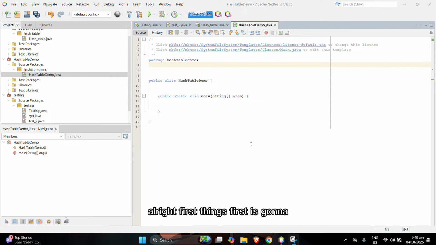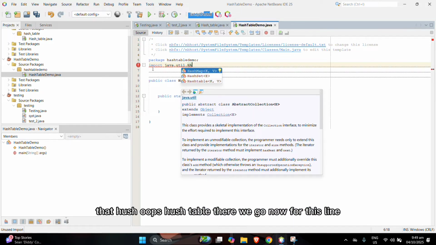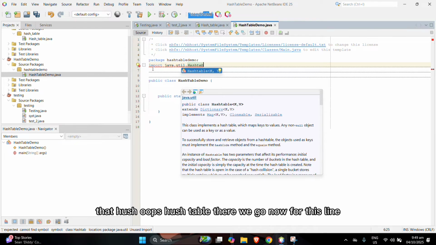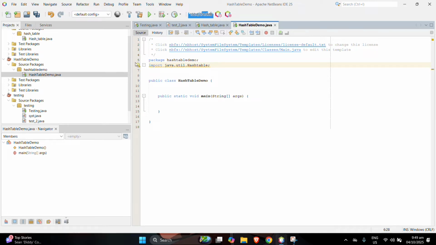First things first, we're going to import the HashTable class. I'm just going to write it here: import java.util.Hashtable. Now, this line imports the Hashtable class from Java's util package.